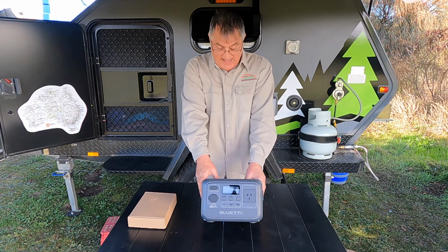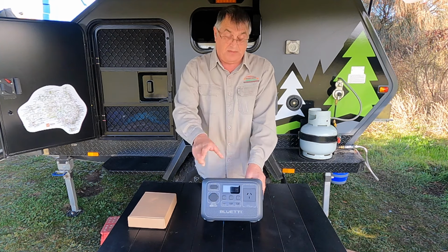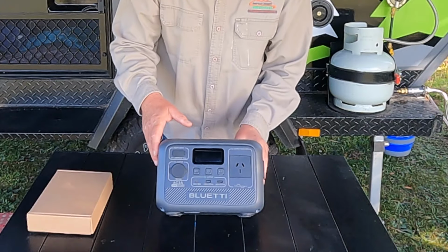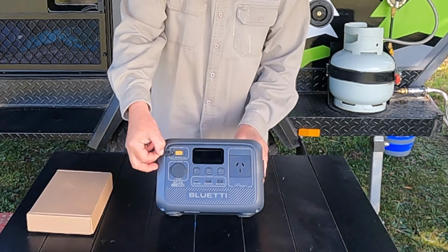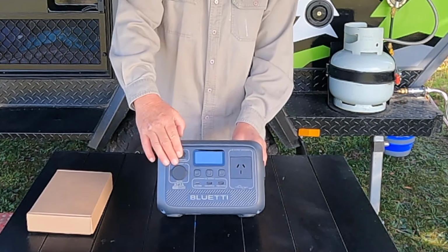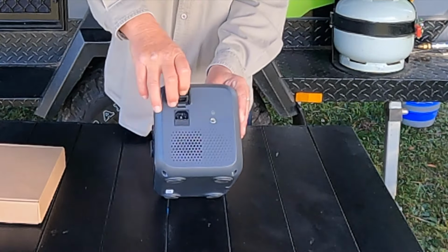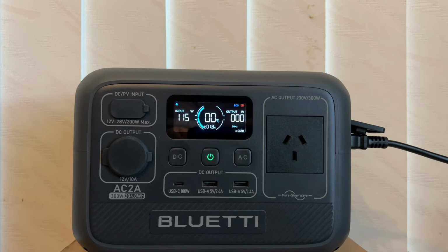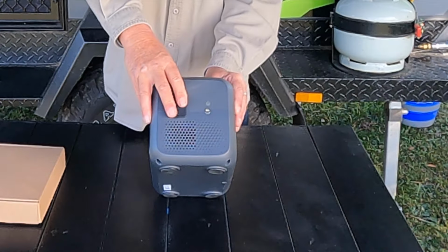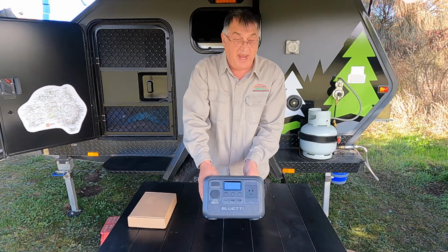It also has a MPPT solar input. Oh, it's a big word. I always struggle with that one. And that's just there, so it could take up to a 200 watt solar panel. The cables for that are included. It also has a 240 input here for at home when you're charging up at home. It takes about 40 minutes to take it up to 80% full charge capacity, and then it takes a while